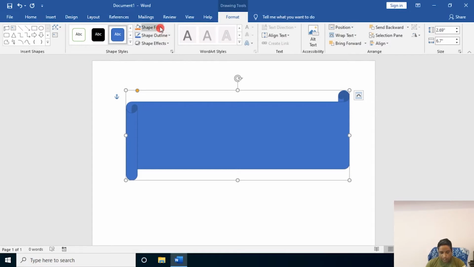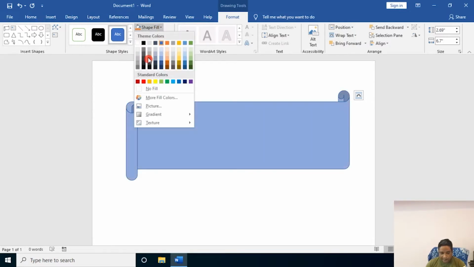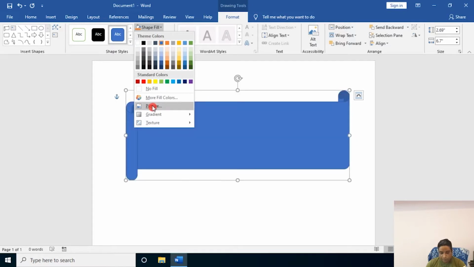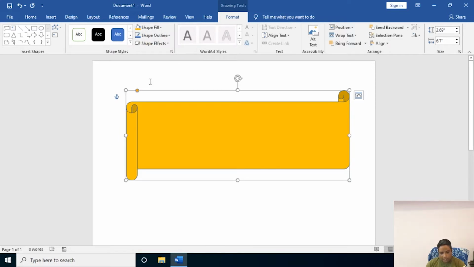So click on shape fill. We can insert any color. See, you can insert, just drag the cursor on the color. Automatically you can see whatever color you want. Say suppose I take this red color, I take this other color. Okay, and same thing, I don't want this yellow, orange color. Okay, whatever color is this.